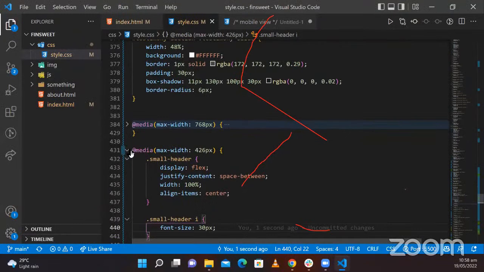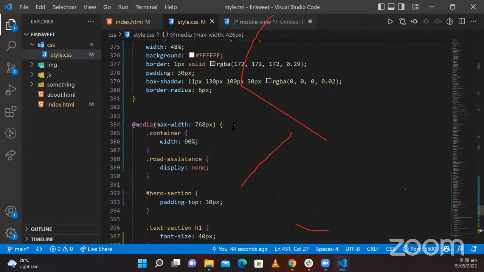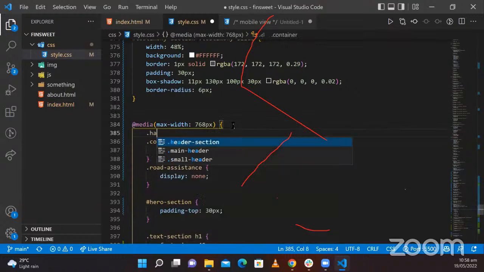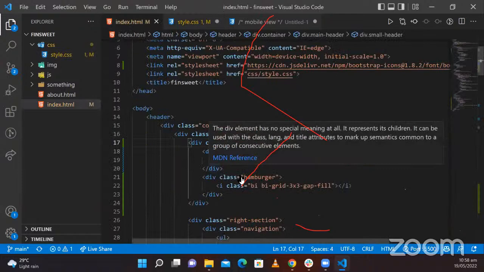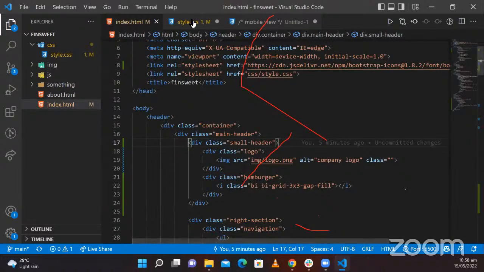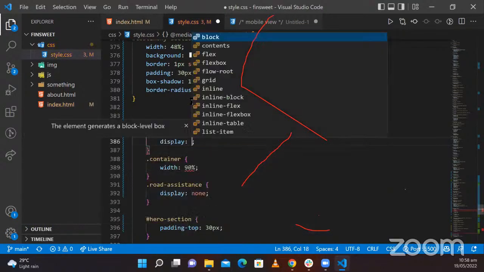We need to hide that hamburger on our tablet view. So come to this 768, and then you do a hamburger. So I believe we all know where I got that hamburger from. This is the hamburger. I want to hide this. So I'm going to say display